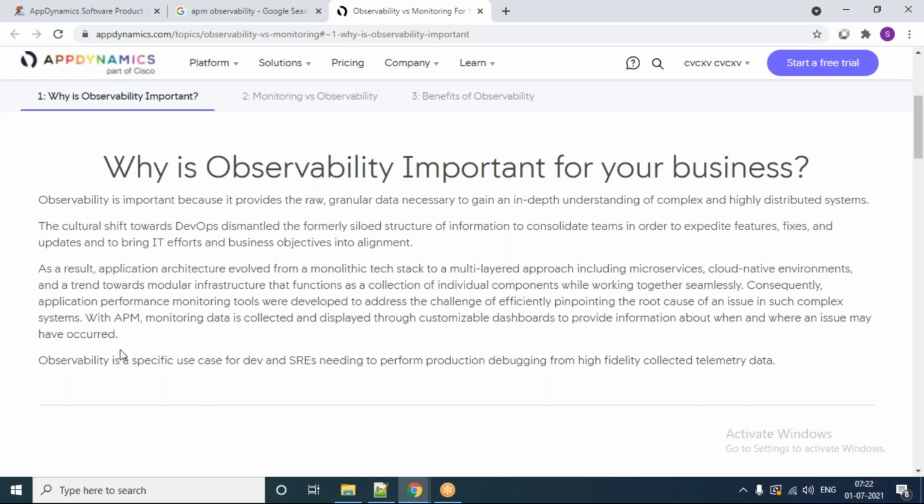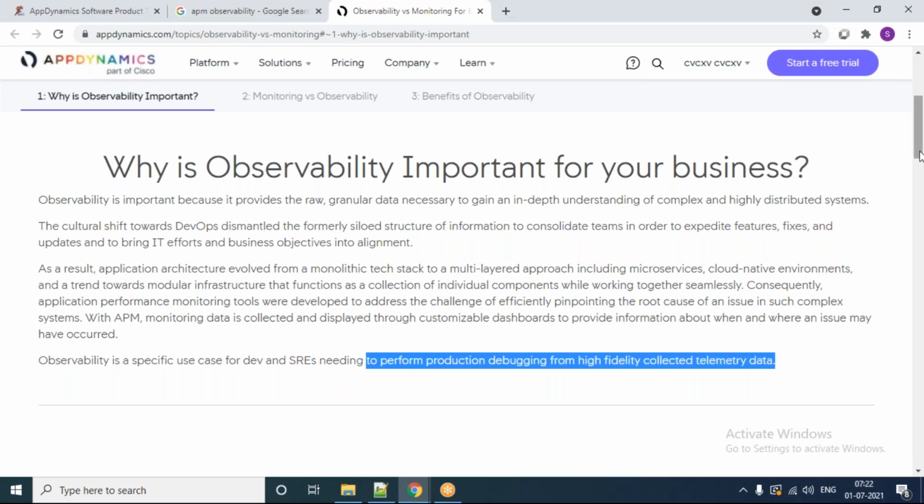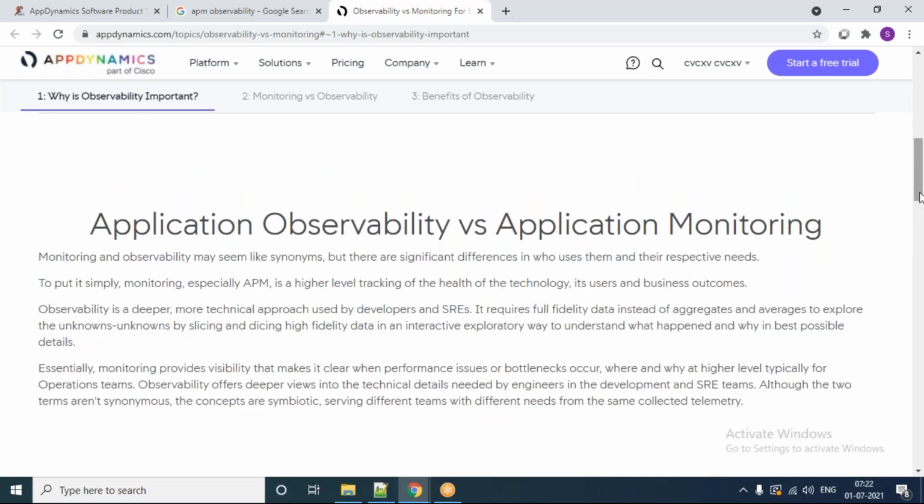Observability is a specific use case for dev and site reliability engineering, needed to perform production debugging from high fidelity collected telemetry data. So it is something we are going to do in a detailed format.